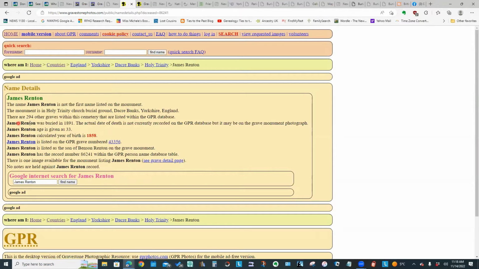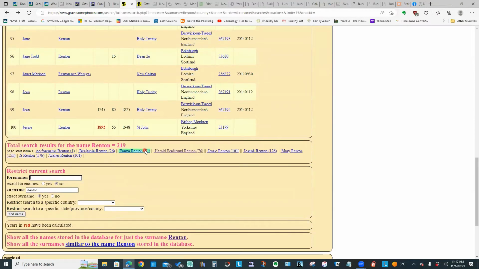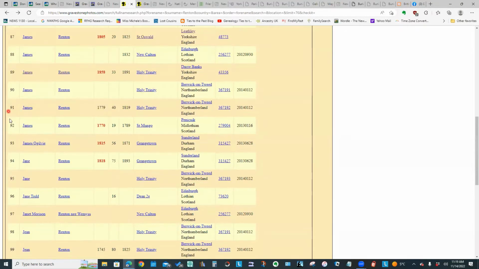It tells me when he was buried, his age, and anything that they have calculated is in red. So they took his age, they took the burial date, and so they have a calculated birth year, and it gives the grave number.